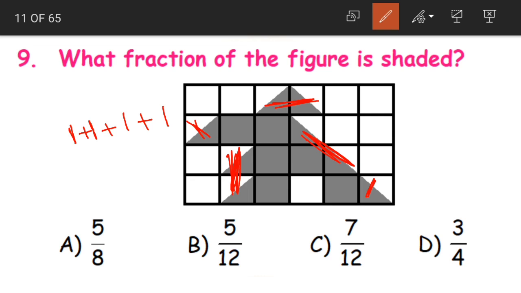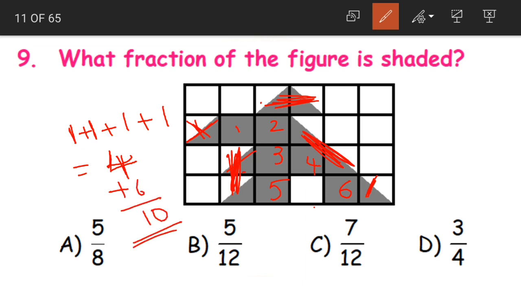So, by understanding the half shaded parts, what did we find out? That there are 8 half shaded boxes, which is nothing but equal to 4 fully shaded boxes. Now, apart from these, we are having 1, 2, 3, 4, 5, 6. 6 fully shaded blocks. So, 4 plus 6 becomes 10. The overall, that is the total number of fully shaded blocks here becomes 10, children.